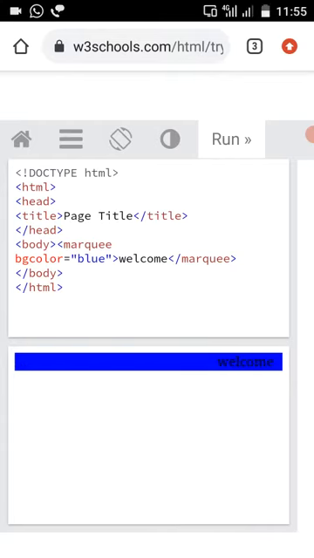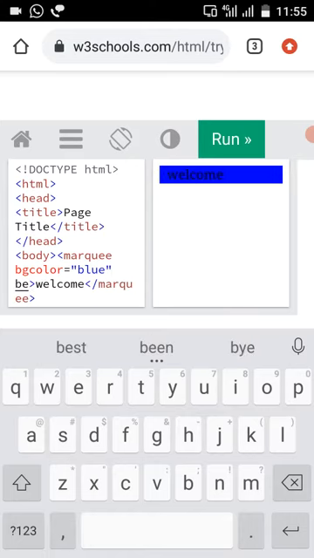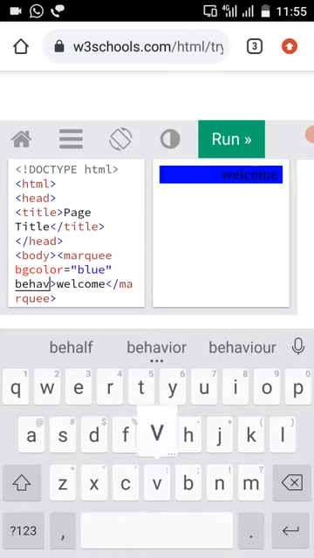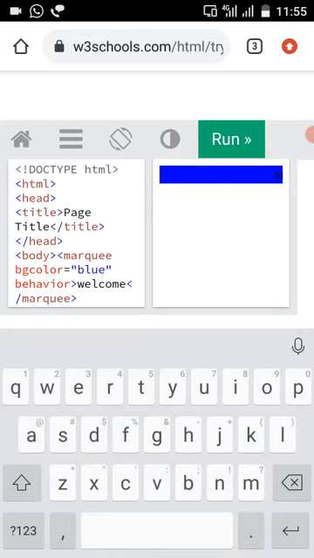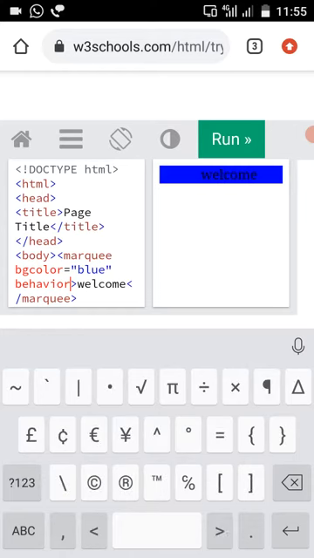We can also change the behavior of this marquee. Another attribute for this marquee is behavior. The default behavior for this marquee is scrolling. Suppose you want to slide the text.